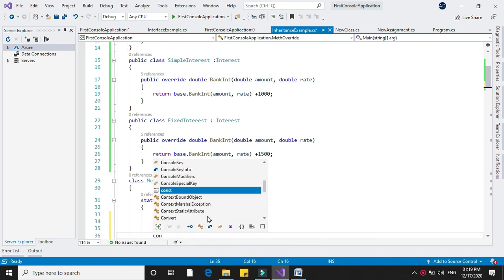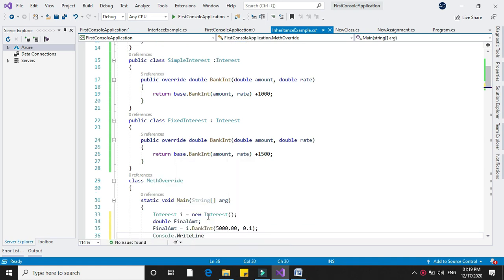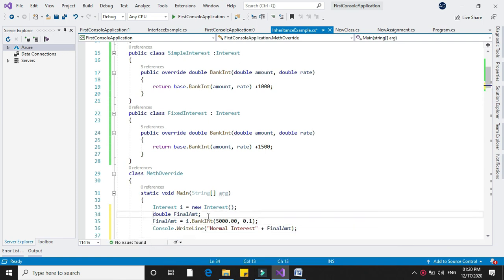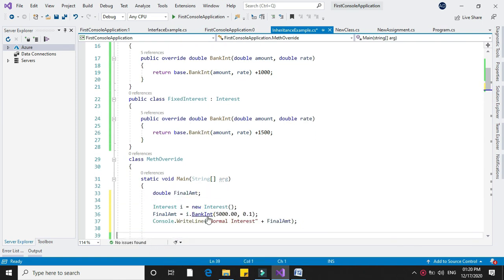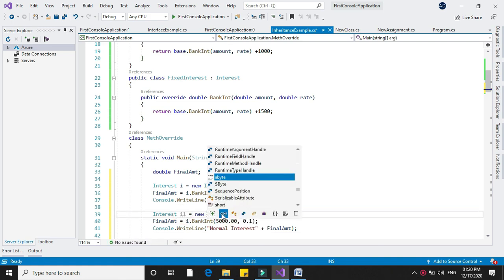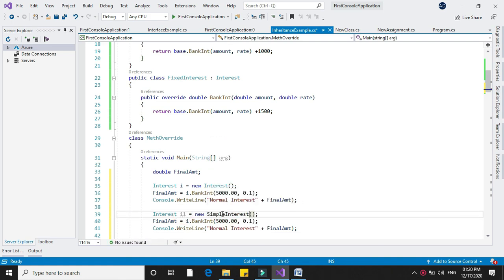And I will print it: normal interest plus final amount. After that I will create object for our simple interest and I will print simple interest.